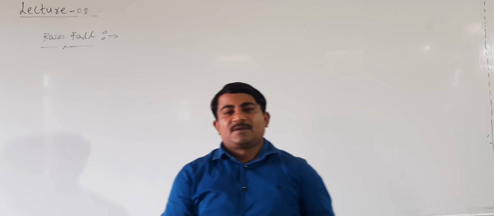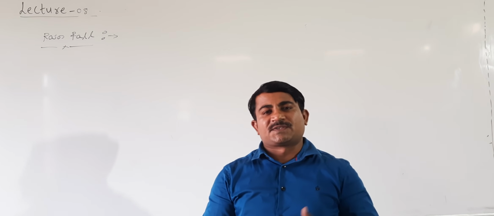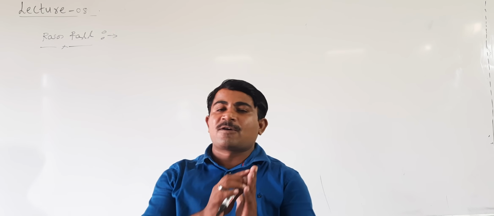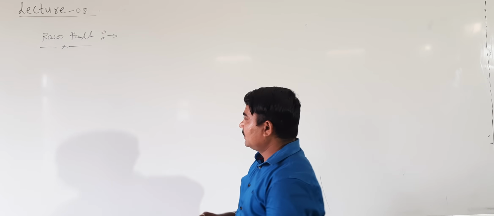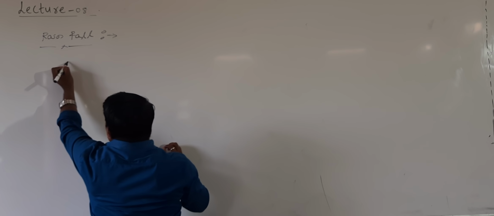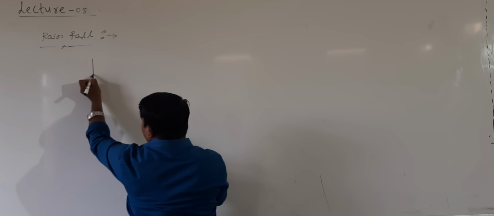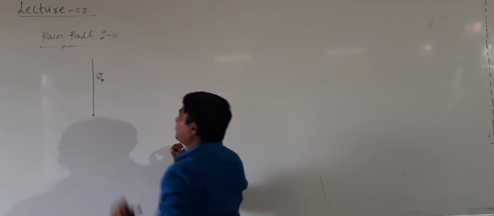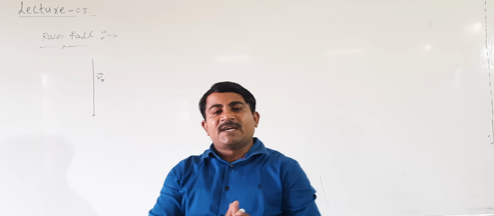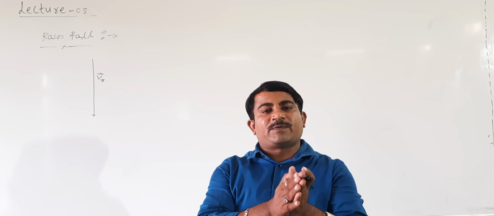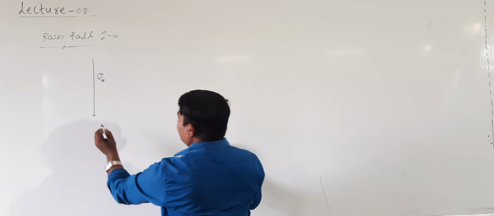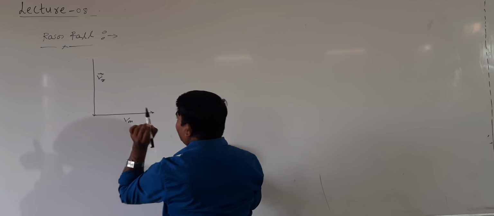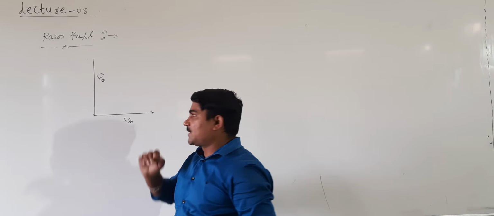Okay students, the concept of rainfall, how this is. Consider, students, the rain is falling vertically downward and the man is walking along the positive x-axis. Look at me. Now the rain is falling like this in the vertical direction. The rain is falling with the velocity v. Consider a man walking along the positive x-axis with velocity Vm. He is walking with the velocity Vm along the positive x-axis.